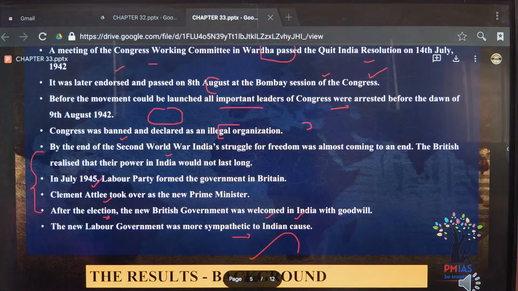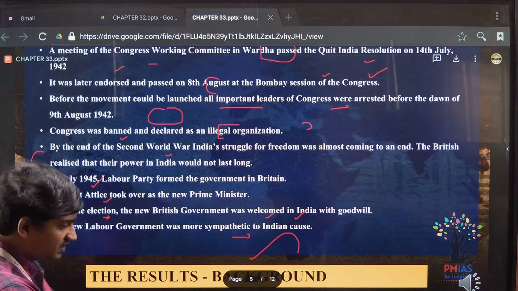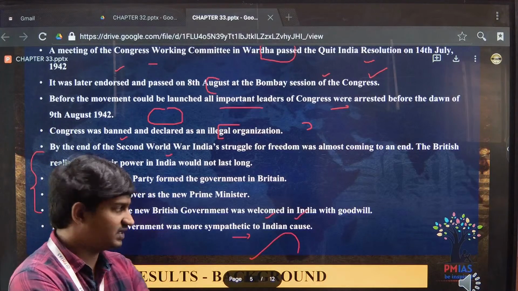So in the 1945 elections in Britain, the Labour Party came to power again under Clement Attlee, before whom was Winston Churchill. So after the election, what the Indian people were thinking is, okay,